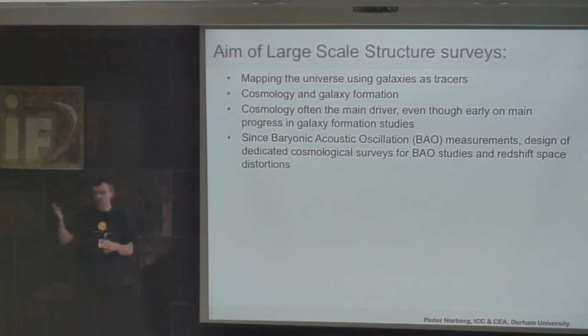And then they can include BAOs, redshift space distortions, weak lensing probes, depending on how you're going to go ahead with it. Yeah. And so I think that's one thing we need to remember: where is the baggage of galaxy surveys coming from, and the motivations for various people to do them.